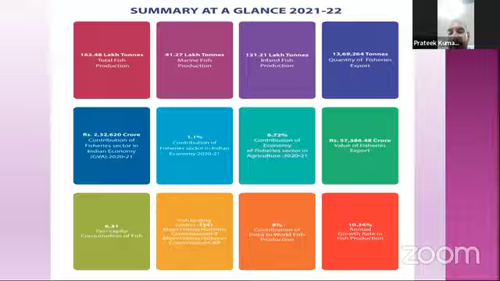We can see here the 10.34 annual growth rate in fish production, and India's contribution to world fish production is 8%. There are 1,547 major fishing harbors and fish landing centers in India, and